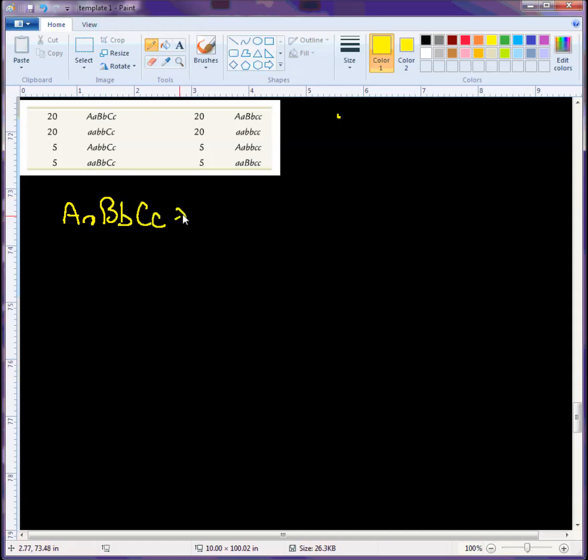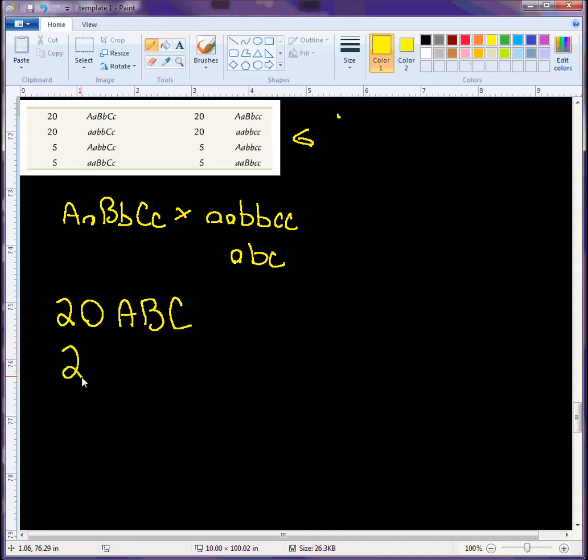triply heterozygous to homozygous recessive. And so the homozygous recessive is going to donate a little a, little b, little c, no matter what. So maybe we can eliminate the small a, small b, and small c from the genotypes up here. Just eliminate those, and maybe that'll help us see a pattern. So eliminate the small a, small b, and small c, and that means whatever's left, that's what's coming from the heterozygous parent. So 20 big A, big B, big C, 20 little a, little b, little c,